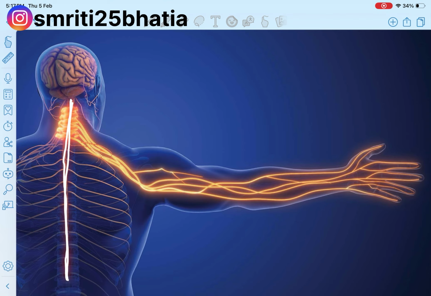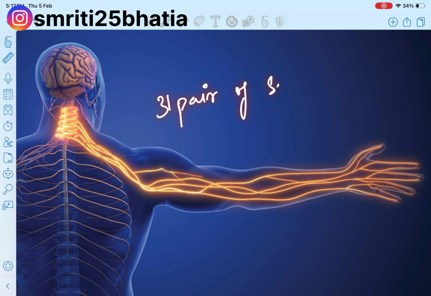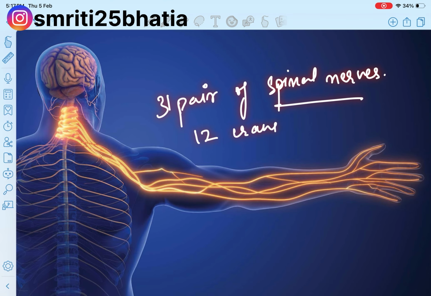All the nerves originate from the spinal cord except for the cranial nerves. We have 31 pairs of spinal nerves, and we have 12 cranial nerves